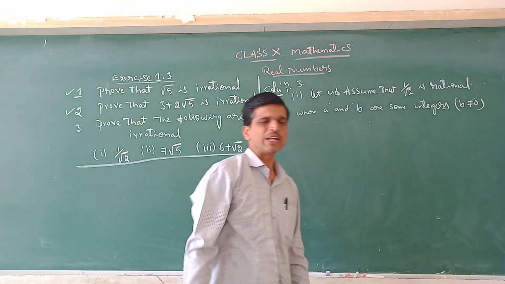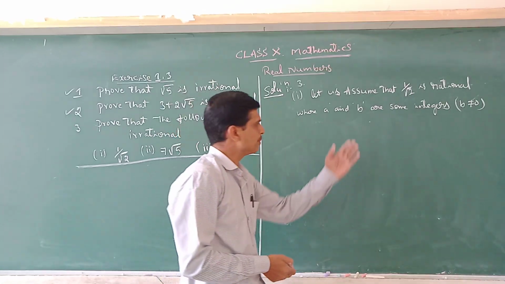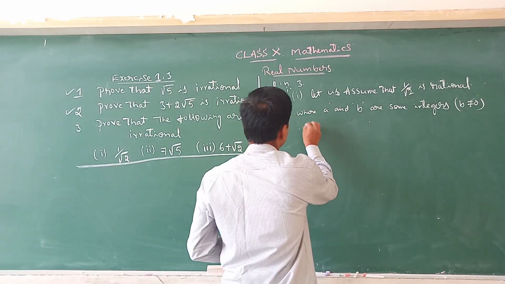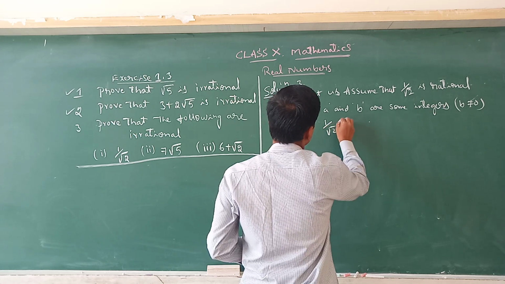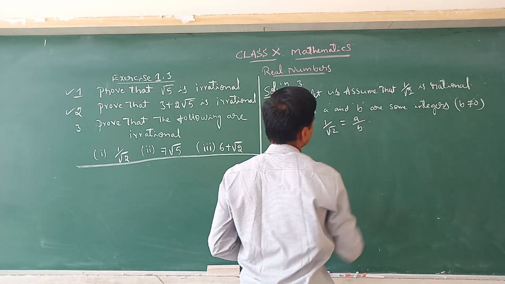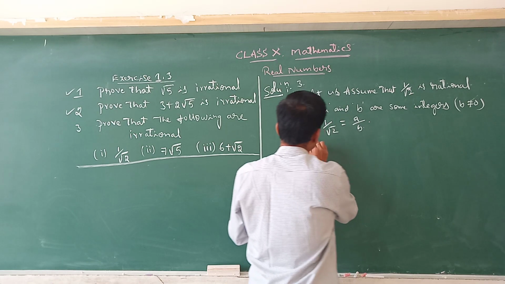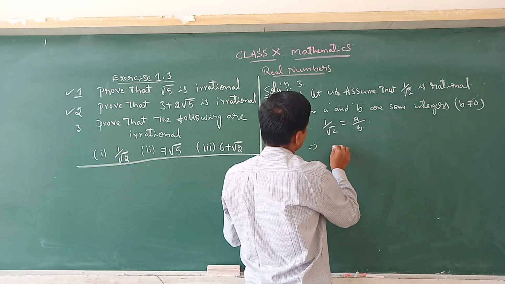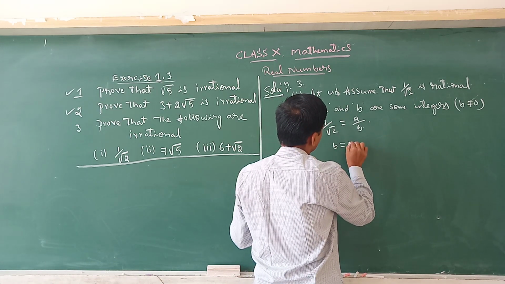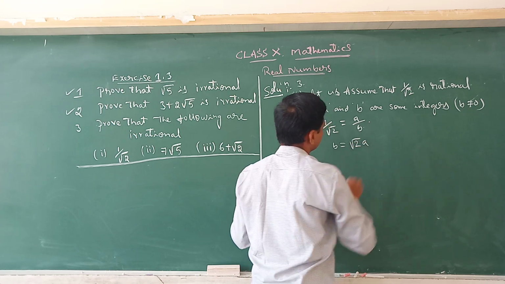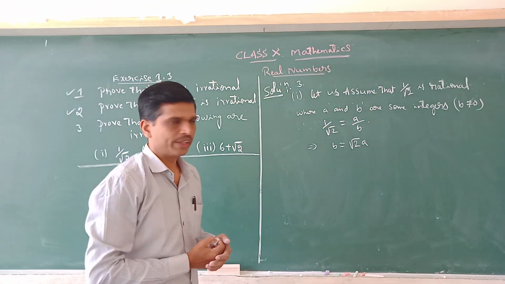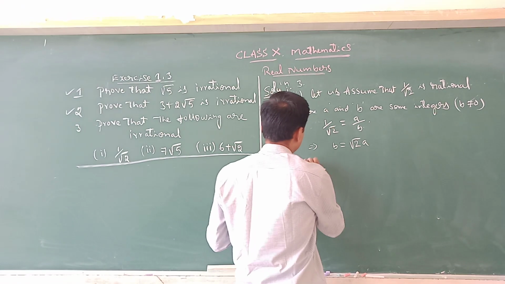If you express it in p by q form, where q is not equal to 0, here b is not equal to 0. Therefore, what happens? 1 by root 2 is equal to a by b. Otherwise, you can write it like this also: b is equal to root 2 into a. So on squaring,